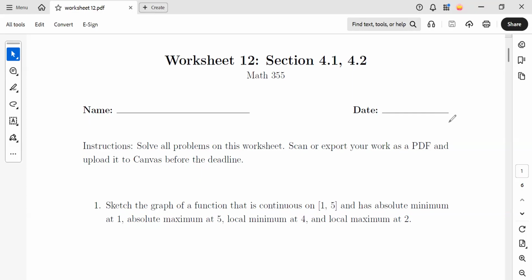Hello everyone, we're going to work on worksheet number 12. The first question